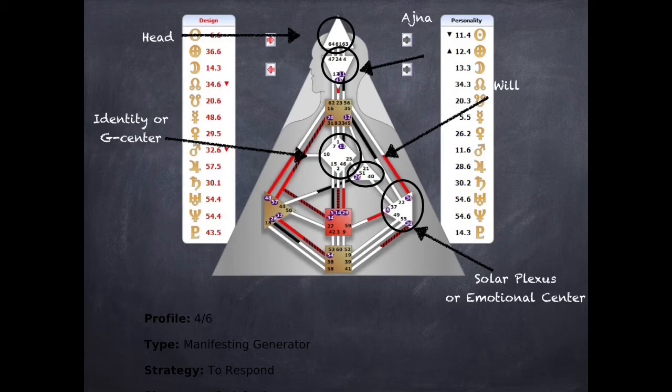But the really important thing with someone with an open identity is to know that there has to be some level of choosing as to what they want to do, because the bottom line is if your energy is dispersed in too many different places, you can't really do a really good job in anything at all. So if you have two or three things that you like to do, or even a career that you have different things that you do in different parts of your life, then that all works. But if it's too many things, then again, it's just too much energy being dispersed and really not enough focus